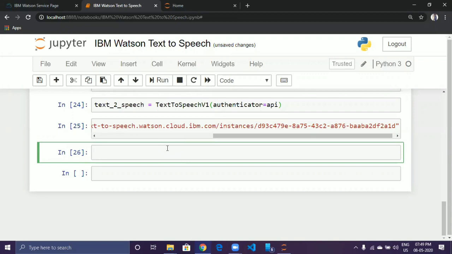Now I'm going to convert a text file to an audio file. To do so, I'm going to open an audio file, that is MP3 file.